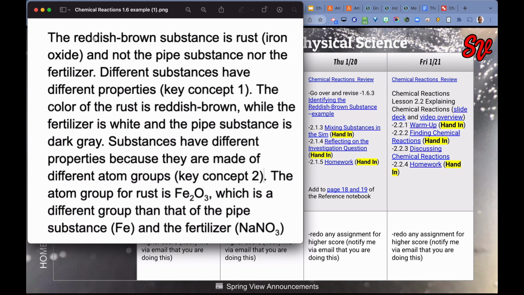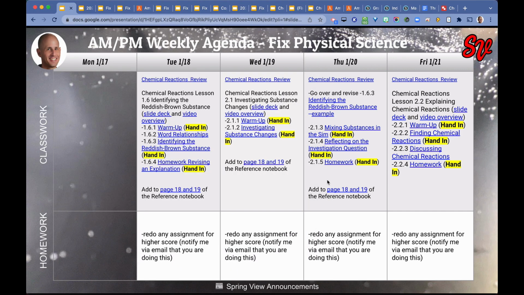It gives the topic sentence, the claim, with the statement of what the reddish-brown substance actually is, different key concepts, and the observations from looking at the materials, the substances, and the atom groups. So that was all in there. They had in-class time to revise and make their resubmissions to get further feedback, and that was a 10-point assignment. Then we finished the rest of lesson 2.1, and then on Friday we did lesson 2.2,